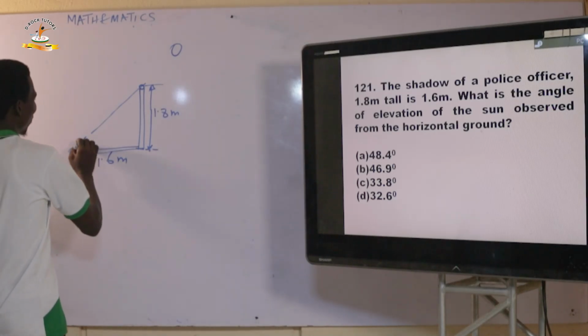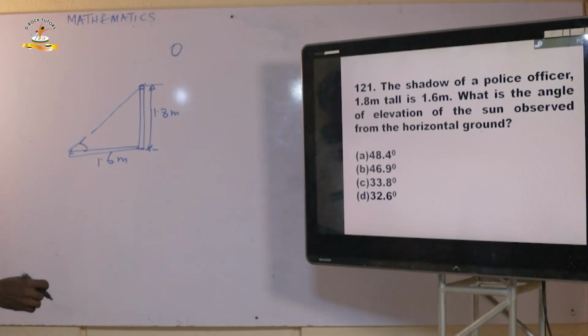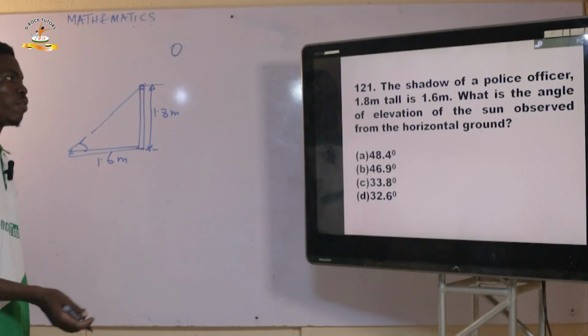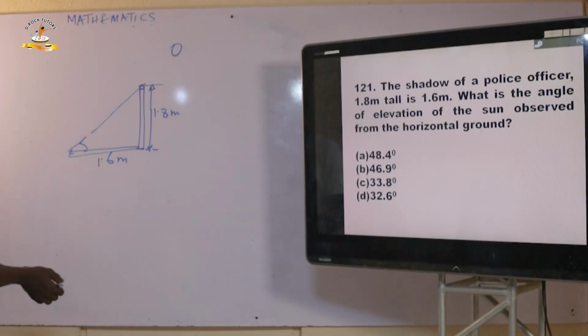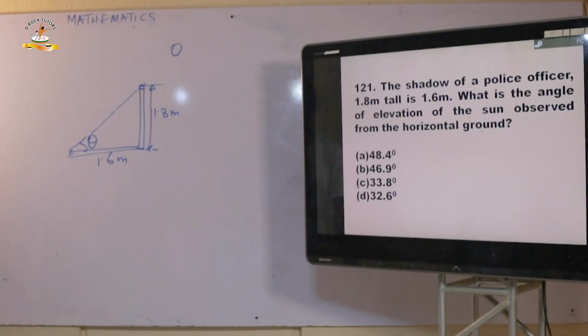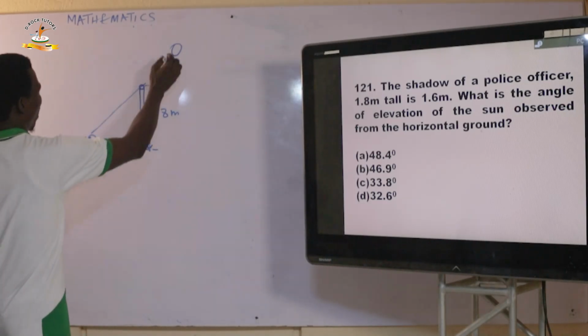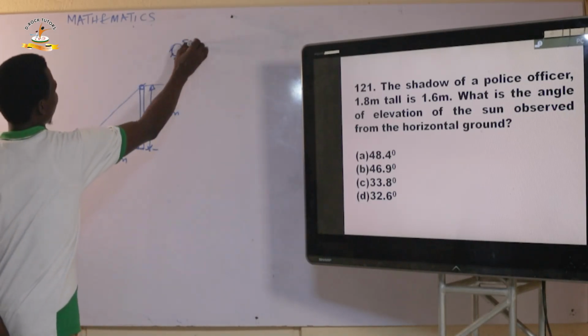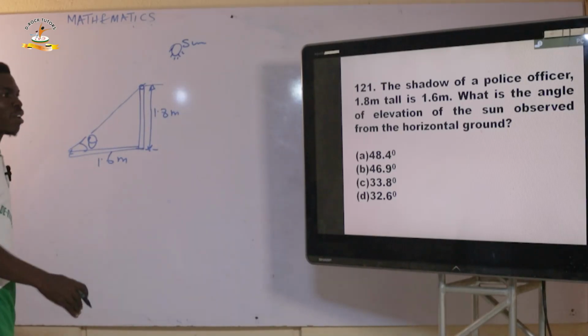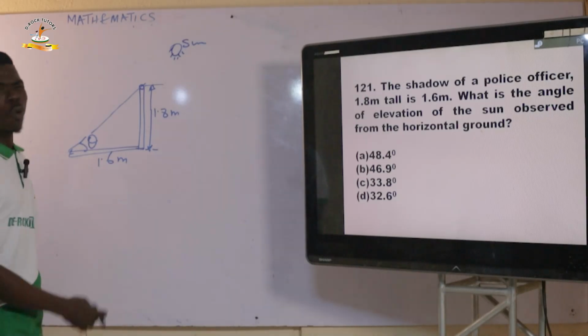So this is going to be the angle of elevation of the sun as observed on the ground level. This is my theta of elevation. I just write theta, and simply the question is asking us for theta. Let me come again. I assume this is a policeman and there is a sun here, casting the shadow forward. So his shadow is 1.6 meters, whereas his height is